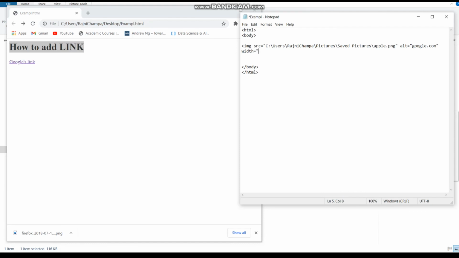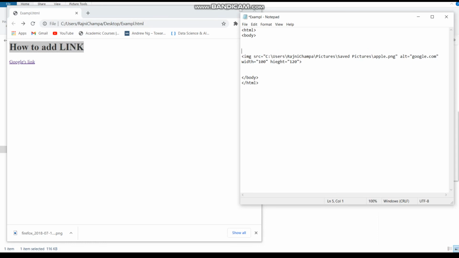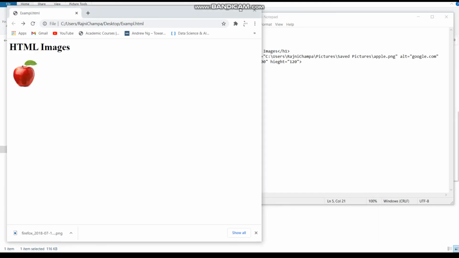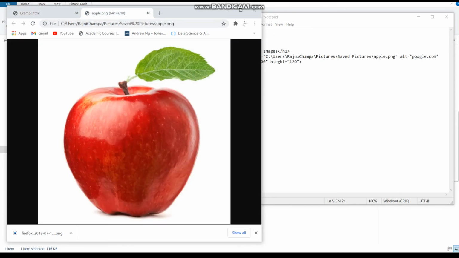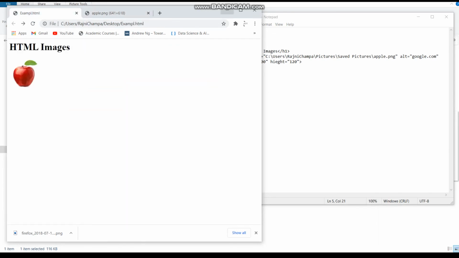I am keeping a width and height of the image, so in the same img tag you can write width equals 100 and height equals 120. I am also giving a heading for it so you can learn. So I can open an image, and you can see that image. This is how you put an image on the web page.